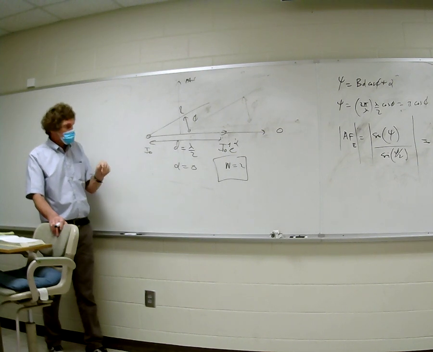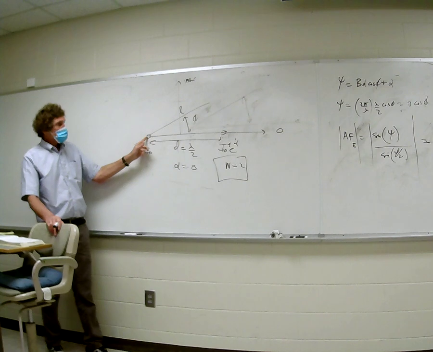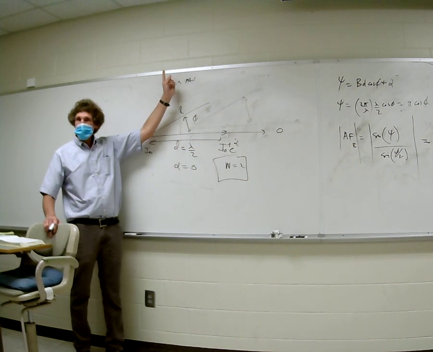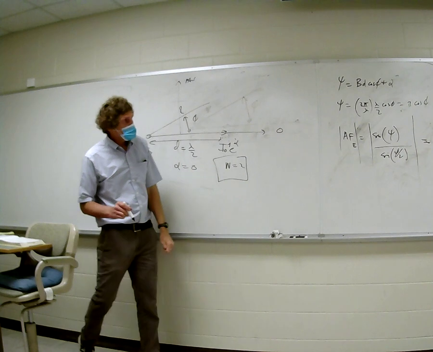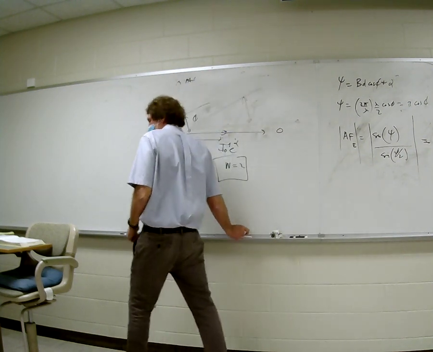Because alpha was 0, if I look, the phase here is the same here, and therefore if I'm vertically upward, it will be perfect constructive interference. So I get a maximum there. You follow me on this, class? That's the reason. So this is what the beam would look like. And I drew it there. I could probably just superimpose this